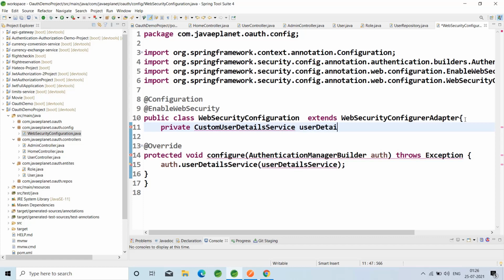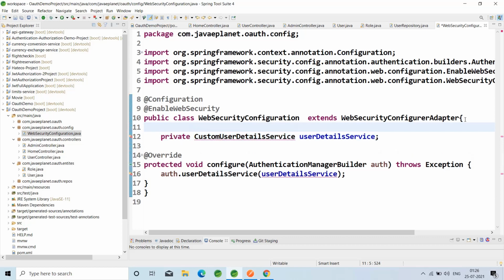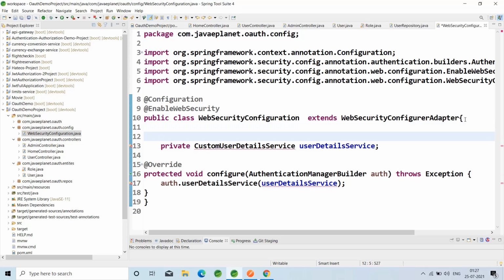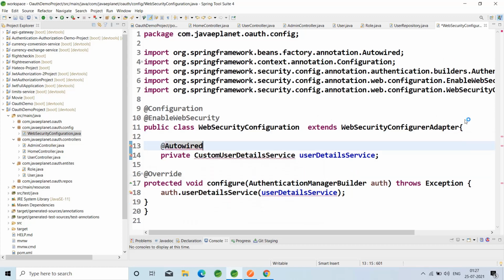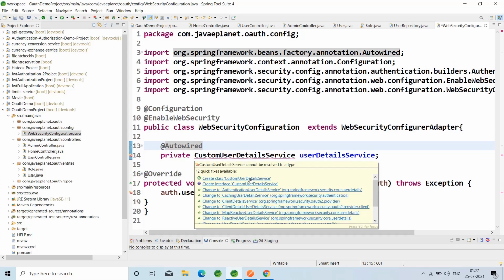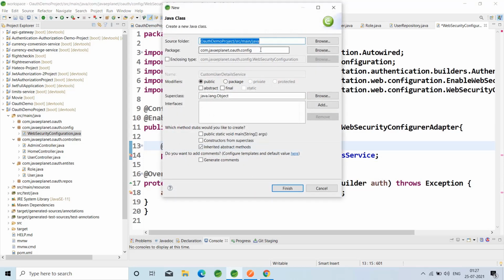UserDetailsService with @Autowired. Create the CustomUserDetailsService class. Create class CustomUserDetailsService. Keep that in the service package.